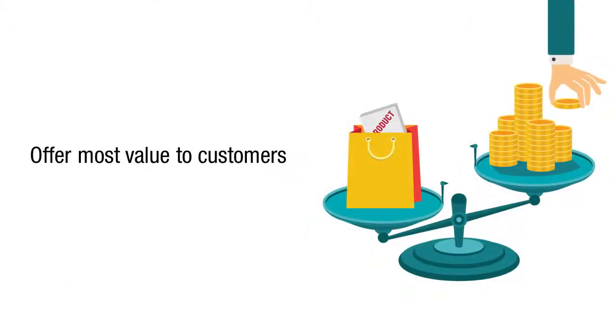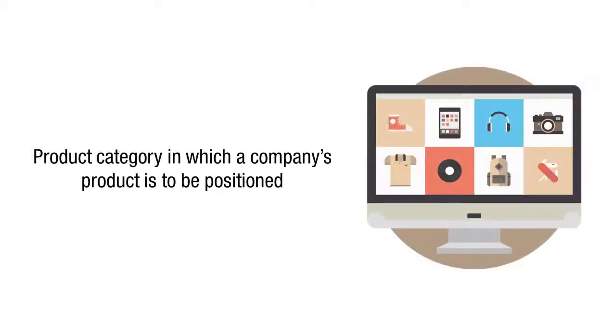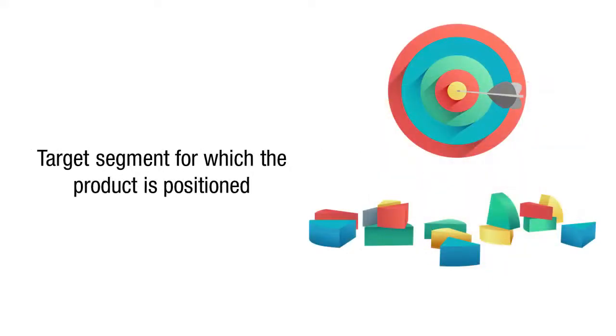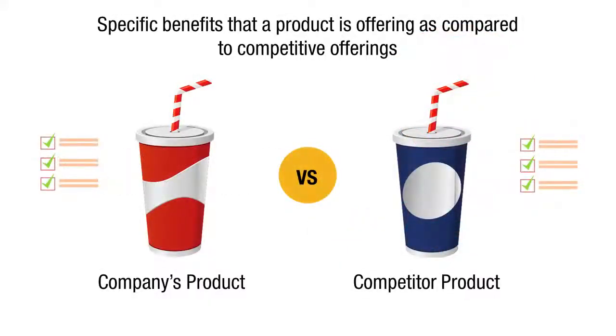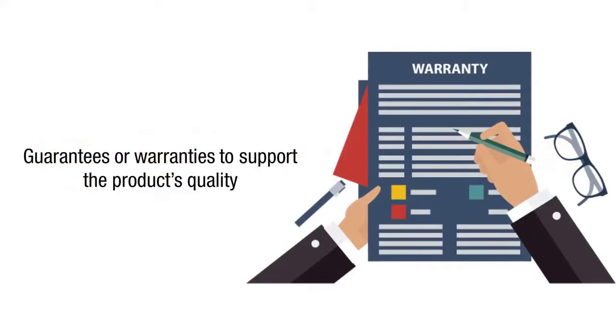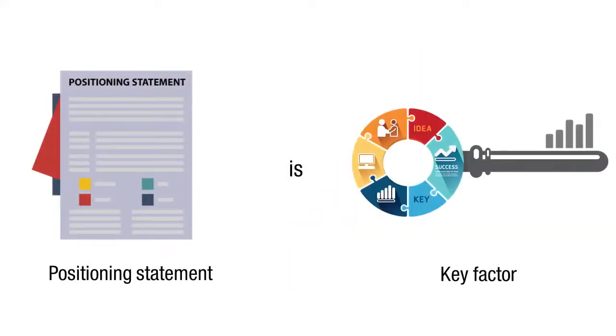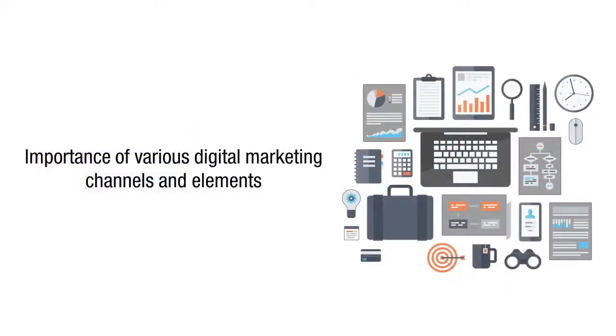A well-defined positioning statement should convey the following: the product category in which a company's product is to be positioned, the target segment or segments for which the product is positioned, the specific benefits that a product is offering to the target segment or segments as compared to competitive offerings, any guarantees or warranties that a company offers to support the product's quality. The positioning statement is a key factor in determining the relative importance of various digital marketing channels